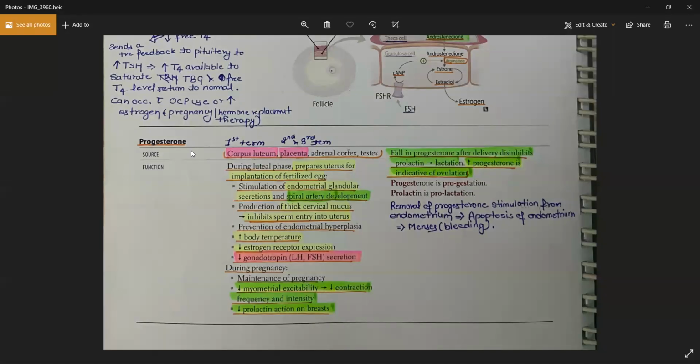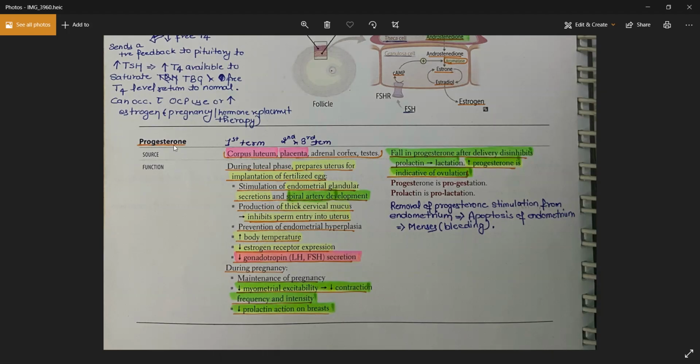Because of relaxation of smooth muscles in the gallbladder, you can have stones because of progesterone in pregnancy, right? So remember all these things. Progesterone will always decrease the tone of smooth muscles in every part of your body. It will also inhibit the receptors of prolactin. So even if prolactin is present, it will have a decreased action on the breast because of the presence